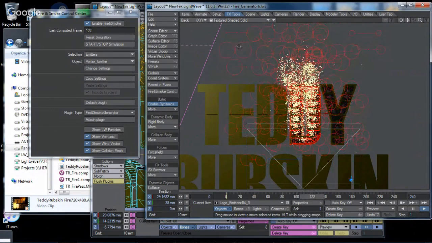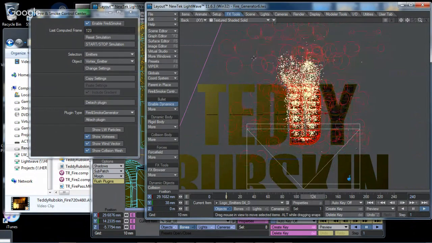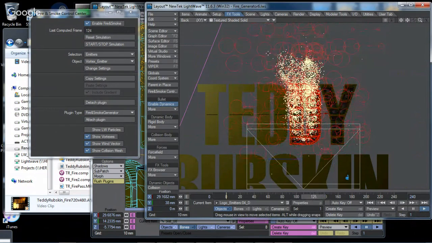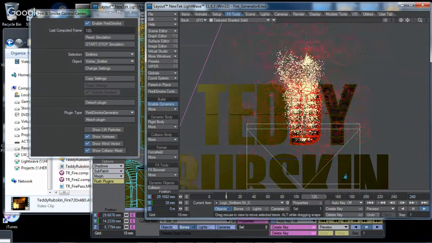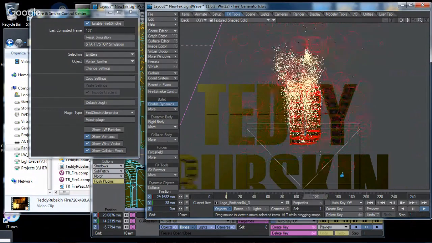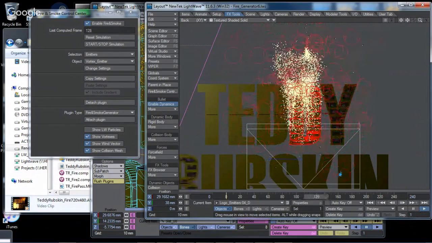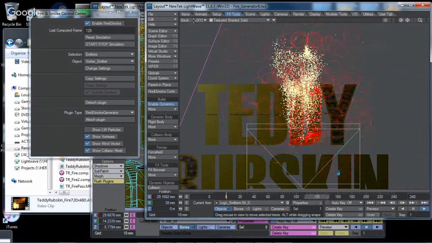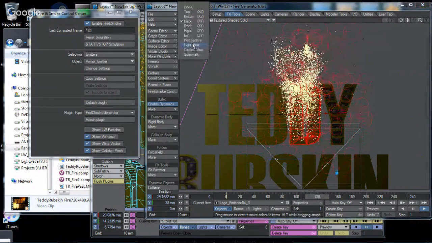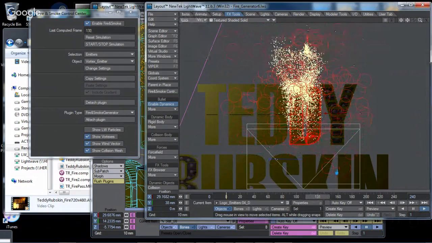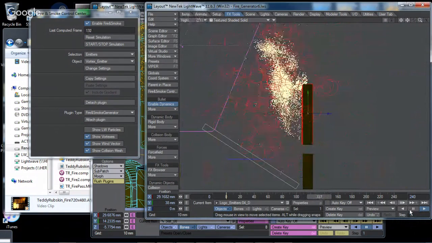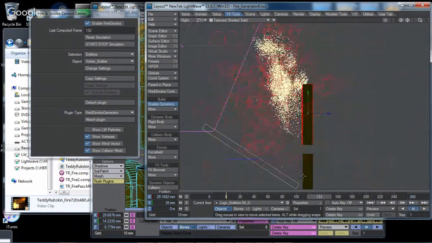But anyway, these are little donuts, and they make the particles get sucked into it and swirl around, kind of like the donut wind in LightWave, except it's just a whole heck of a lot of them, and it's all automated. Okay, cool. But in this case, let's go to the right view. I probably should pause the. Okay, so in this case,